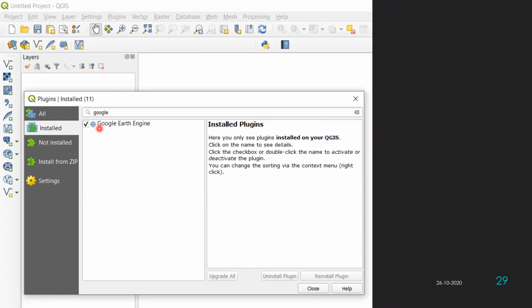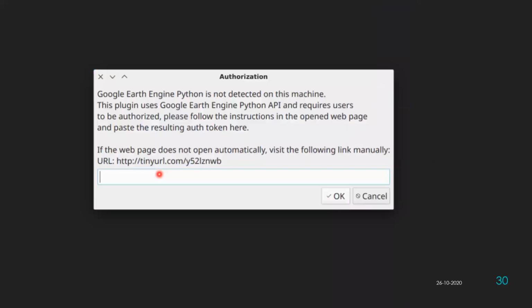So how to confirm that it is installed properly or not? When you find that installed in the plugin window, automatically the authorization window will also open, plus your Google Earth Engine browser will also open.